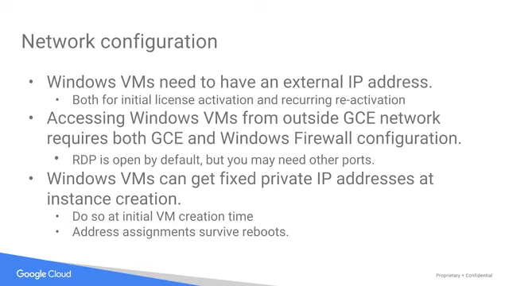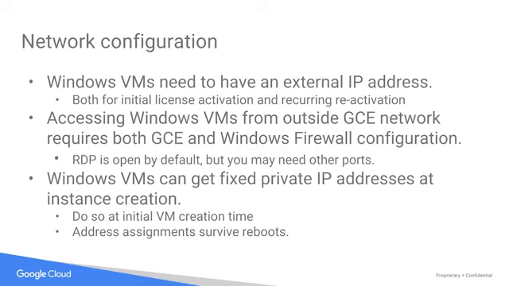Here are some useful tips in terms of Google Compute Engine network configuration, specifically for Windows virtual machines. When you provision virtual machines, the default network configuration is to have a private IP address visible to the instance and a public IP address that's maintained by Compute Engine. When a machine doesn't have a public IP address, then it's not able to connect to the Internet without configuring a separate machine as a network address translation gateway.